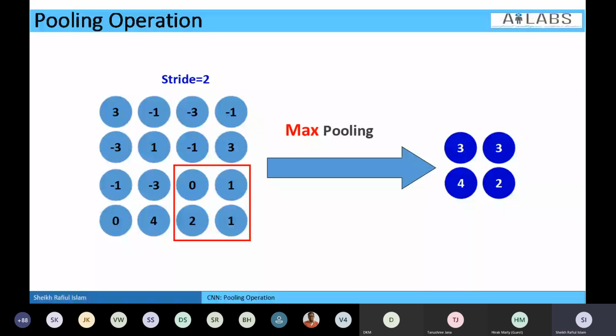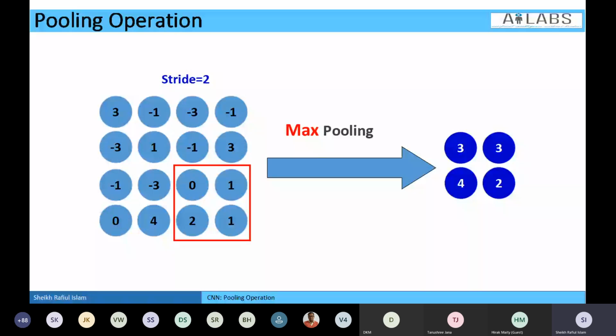What does downsampling do? It just reduces the spatial dimension of the input. And there are two purposes. One purpose is to reduce the computational complexity for the subsequent layer. Another one, that is the most important one: from the input images, we always try to extract features, and the features should be in compressed form. So that's why we introduce pooling operation here.